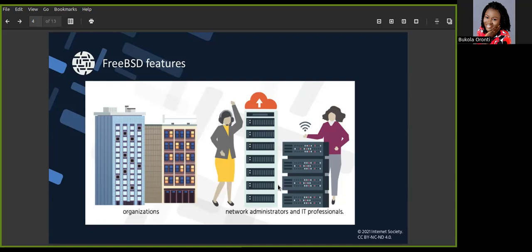Most organizations, for example WhatsApp, leverage FreeBSD because it has a good uptime record. A few years back, the oldest server to ever run without shutting down was a FreeBSD server, and it ran for 18 years and 10 months. From 1997 to 2016, it was up, it was not shut down, it was not rebooted, it kept running successfully.